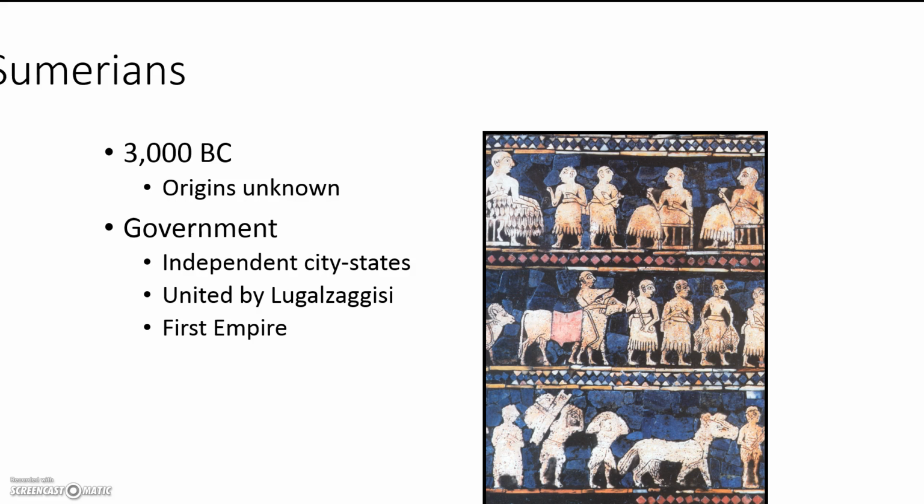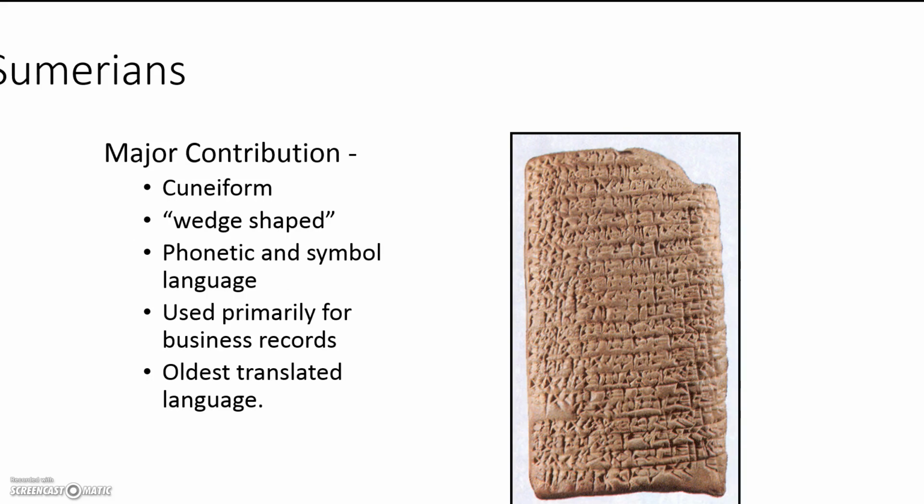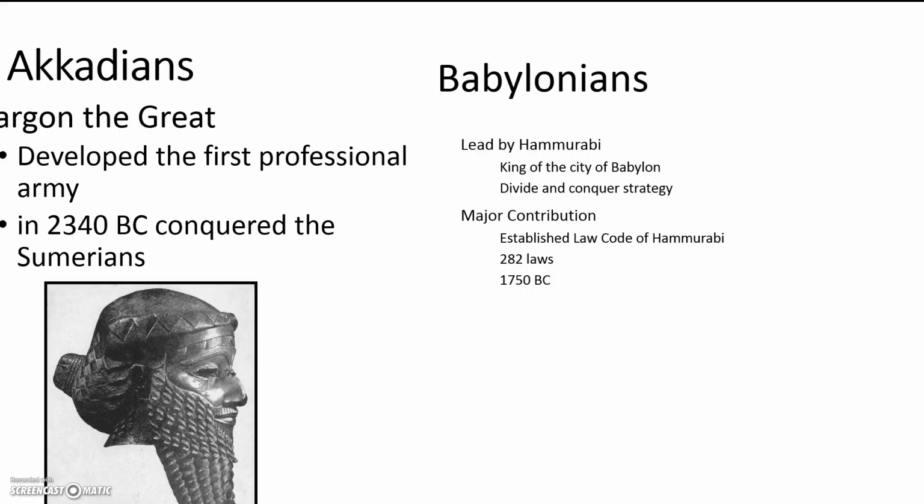You got the Sumerians, the first people in the area, who are famous for giving us cuneiform, which is described on this clay tablet here, known as cuneiform, which means wedge shape. It's the oldest translated language. The Sumerians are going to be followed by the Akkadians, who give us the first professional army. The Akkadians are then going to transition over to the Babylonians, led by their famous king Hammurabi, who established the